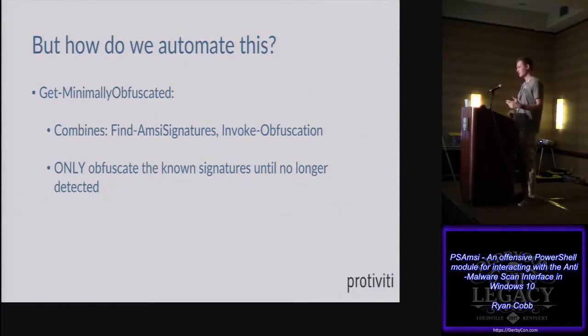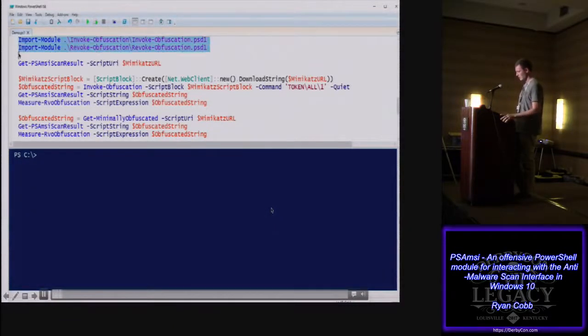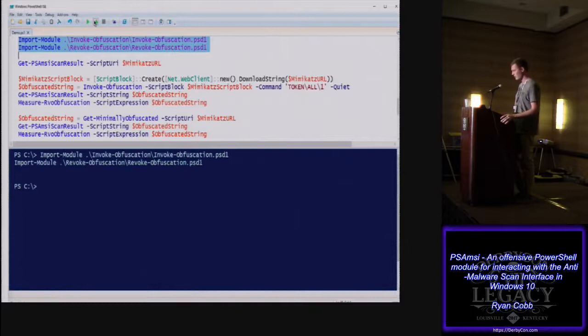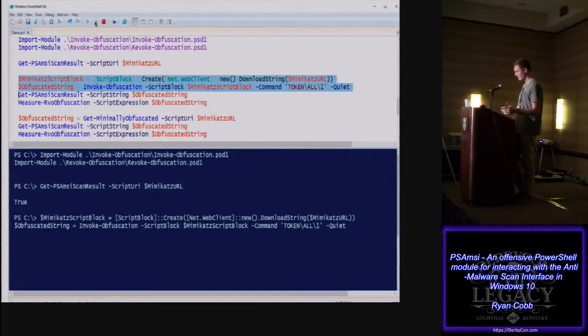So how do we automate this process? As you saw before, there's the Get-MinimallyObfuscated function within PSAMC that will basically combine that Find-AmsiSignatures function and make an informed decision about where to obfuscate in the script. Basically, we just iterate over the signatures found in the script and obfuscate them just a little bit until they are no longer detected as malicious. So an example of this,